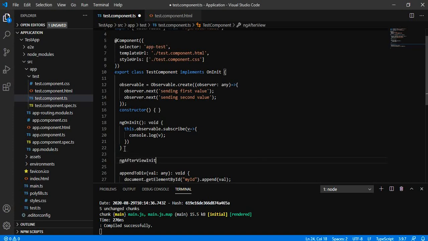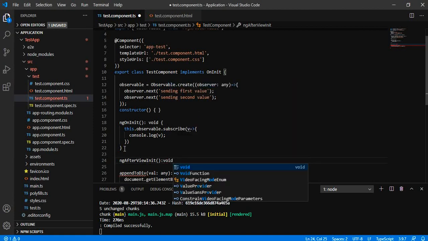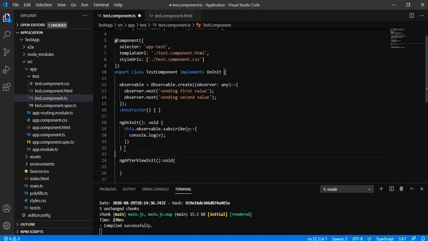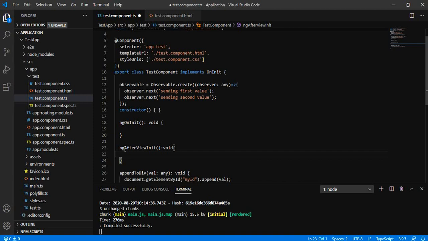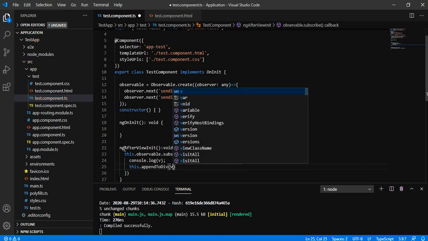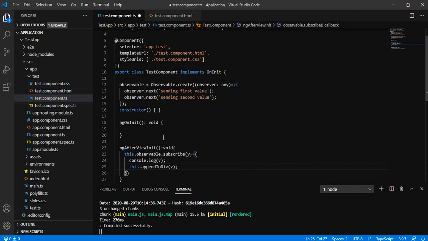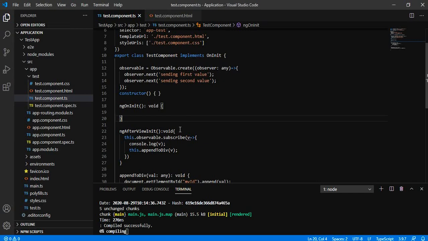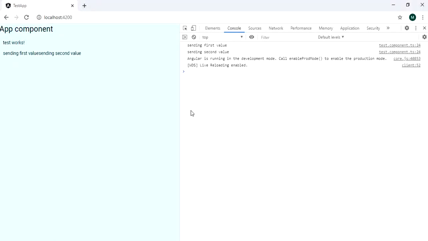So once our view has been initiated, we need to apply appending of the element to the HTML element. So let me define the ngAfterViewInit method, and I will do nothing but call this particular method inside the subscribe, and that value will be appended to the HTML view.